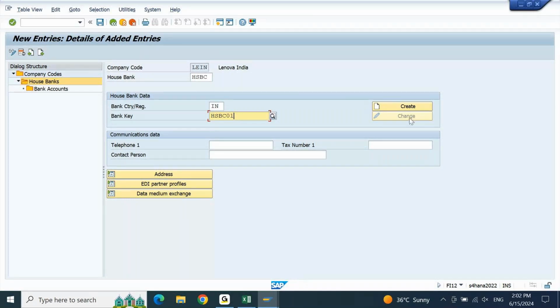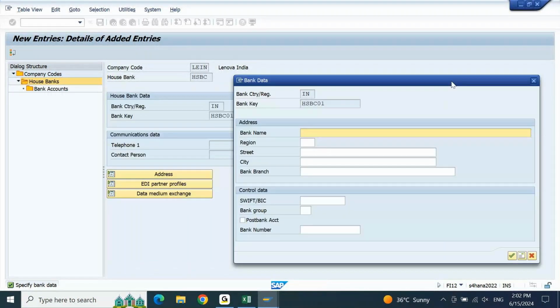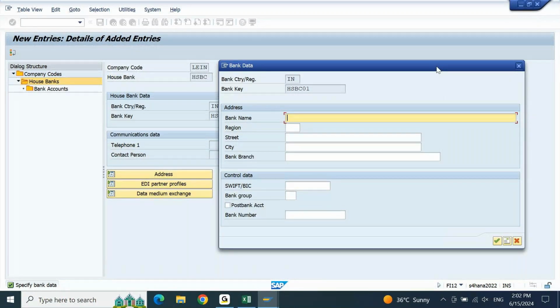icon. When you click on the create icon, you will get a pop-up which is asking you to input the detailed bank address. Now this bank address is representing the bank branch address, because HSBC may have a lot of branches in your country or in your city, in your state. You need to make sure out of so many HSBC bank branches, in which branch you opened your bank account. For that particular branch, there is a dedicated address. You'll have to input that dedicated address for the respective branch in which the bank account is opened or operated. I am going to write bank name